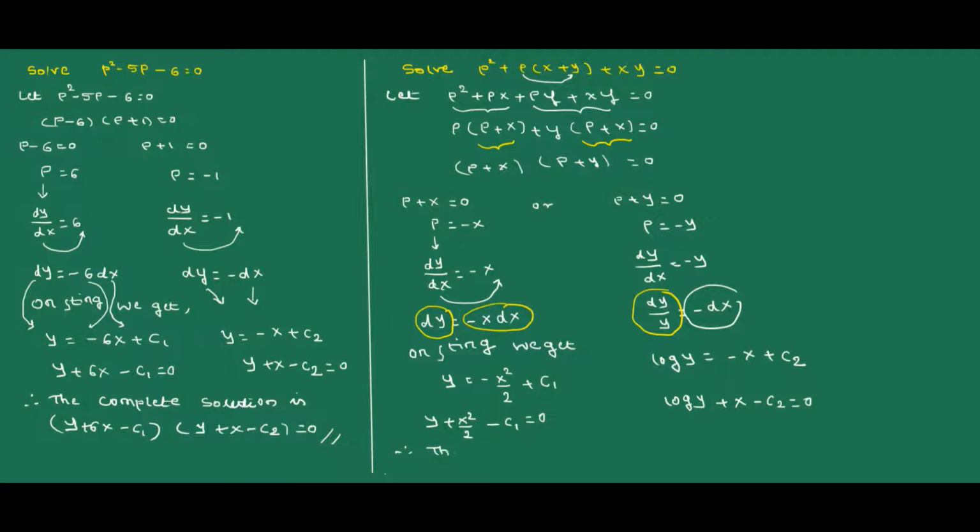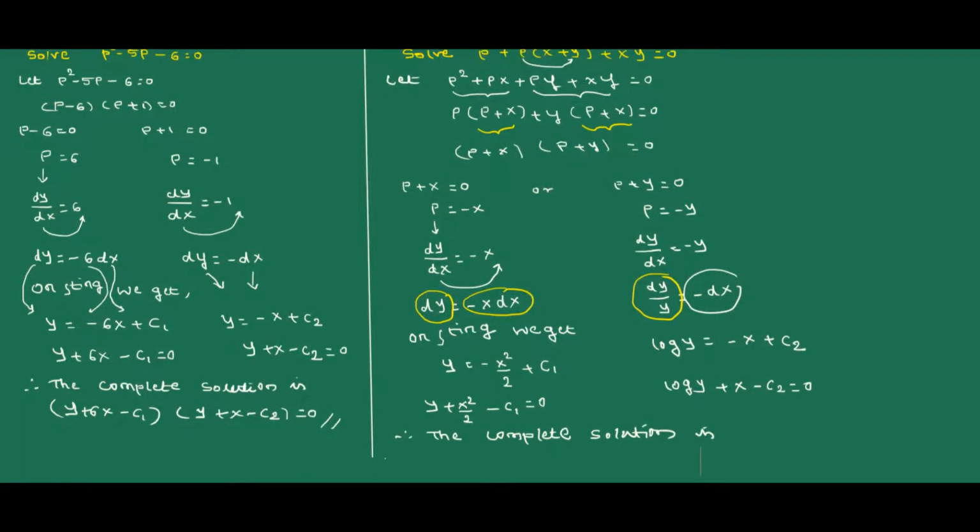Therefore, the complete solution is, what is its complete solution? Its complete solution is y plus x square divided by 2 minus c1, this is the first bracket, into the second bracket, log y plus x minus c2 is equal to 0, which is the required solution. Next example,